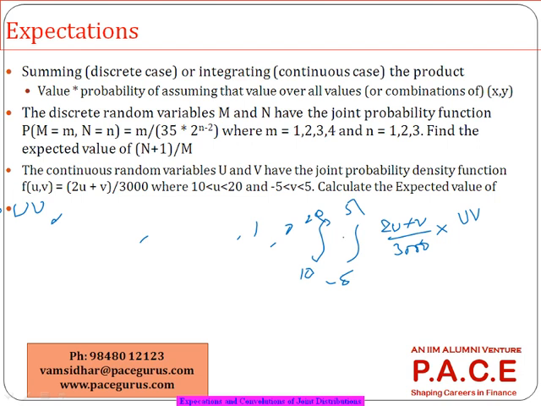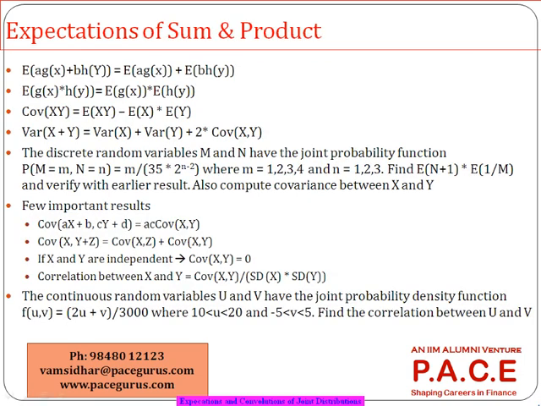So the expected value of anything being asked about is nothing but you take the integration and multiply it with that appropriate value. If he is asking to find the expected value of u, you just multiply this with u and do your integration part. As long as no mistake is made in the integration part, all these solutions can be arrived at more comfortably. So that is where you are finding the expected values. Now, with respect to